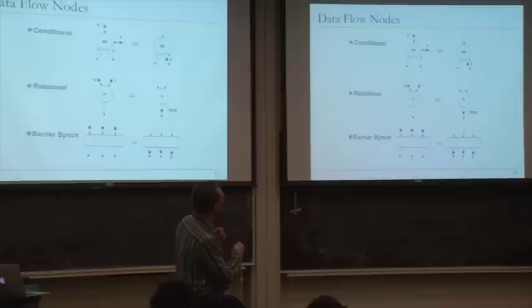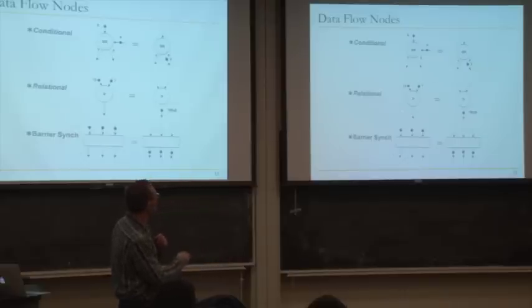Basically, you have a data input and a control input. The control input determines which output the data input should take. So this node fires when the data input has a token and the control input has a token. In this case, the data input is X and the control input says false. In that case, this node fires and sends the input to the false output. Make sense? This way you can implement an if-else structure.